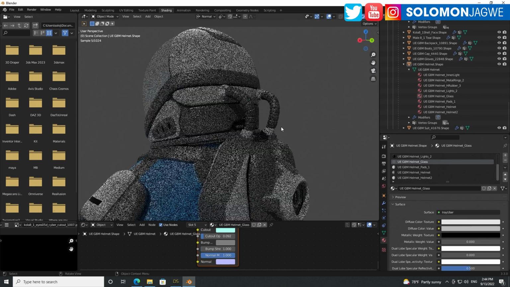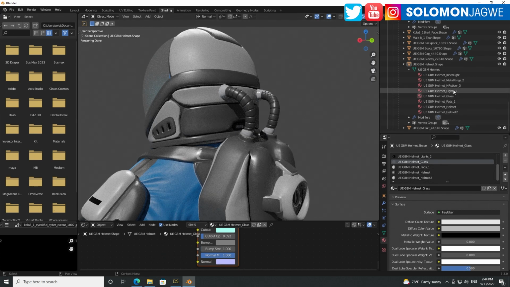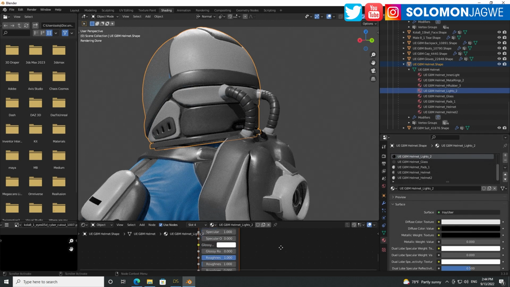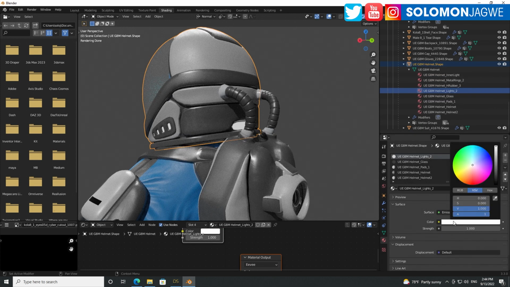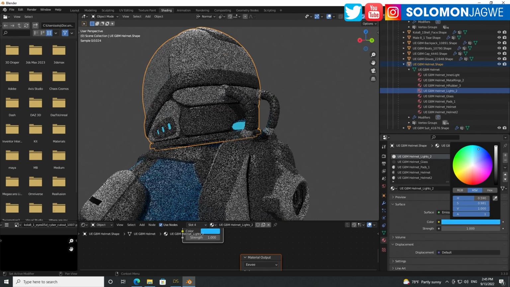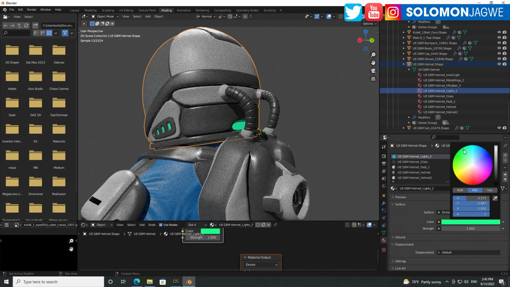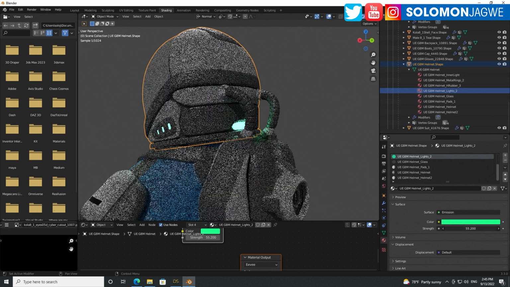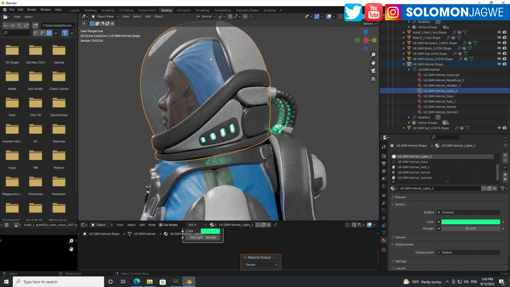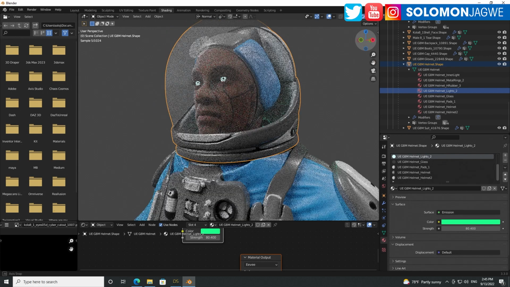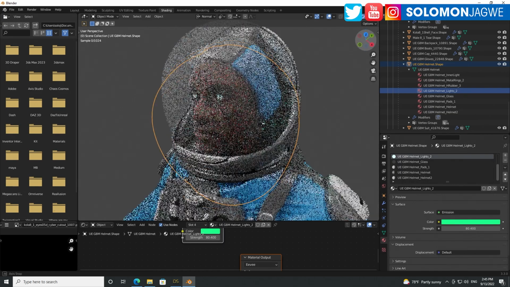All right, now if we want to add some glow into the helmet itself, like some lights that are coming out from under here, we'll go to the helmet. It has a light here, so let's double click on that. And again, because it has no texture per se, let me make sure, yeah, there's no texture, so we can convert this to an emissive light as well. And we can adjust the color to be maybe blue if you want, or maybe green. And then increase the brightness. Cool. Look at that.